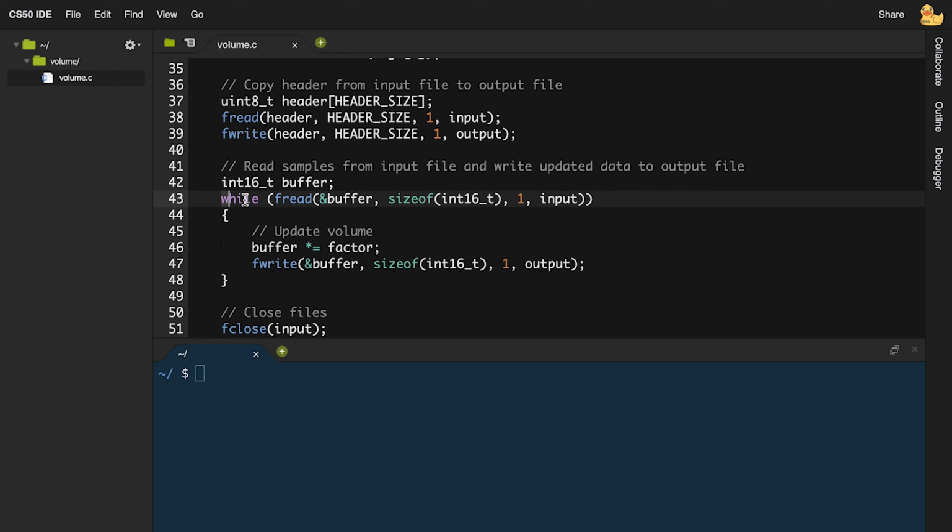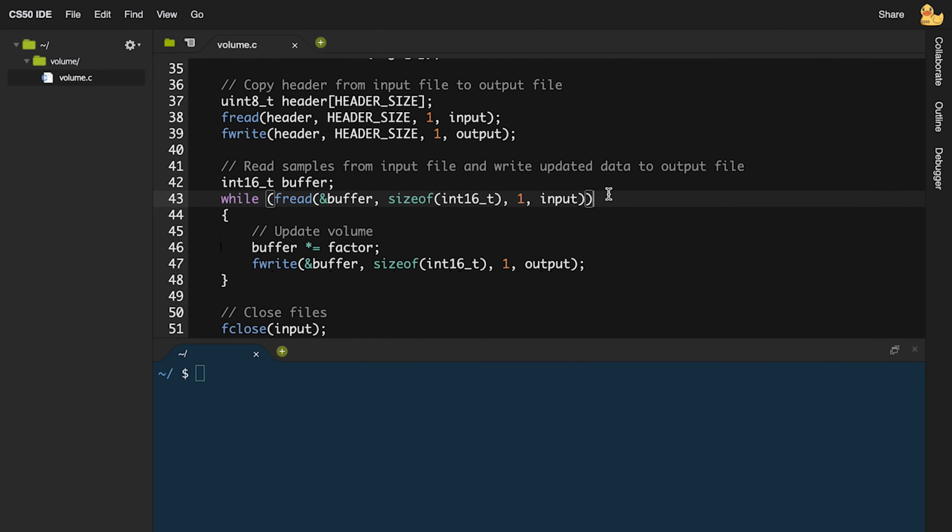And because this is in a loop, the effect this loop is going to have is it's going to repeatedly read a sample, one sample after another, until we reach the end of the file. fread returns to us the number of blocks of data it was able to read successfully. And so once it's no longer able to read any more data from the file, fread will return 0. And at that point, while is going to treat that as false and will exit the loop.